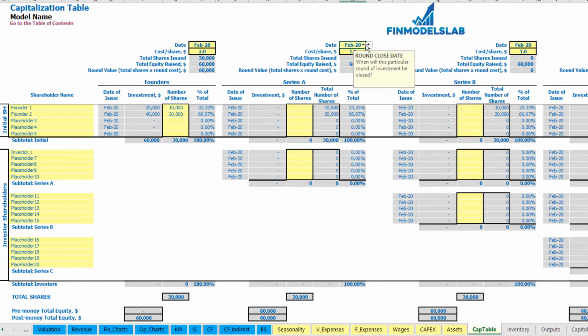So let's pretend that for Series A we have 1 investor and the date of issuance is May. Cost per share is $5 per share and the number of shares is 1,000. So the total amount of investment will be $5,000. You may see that before the Series A total equity was $60,000, after it is $65,000, and investor 1 will have